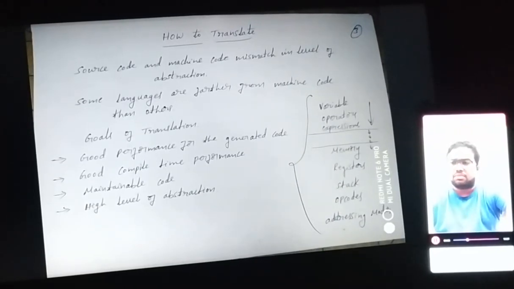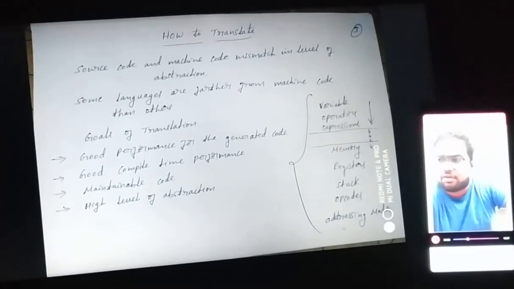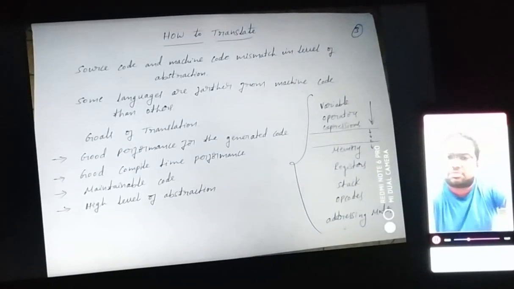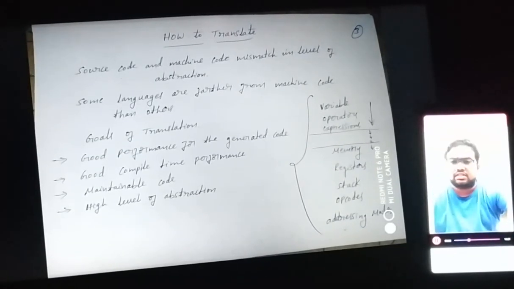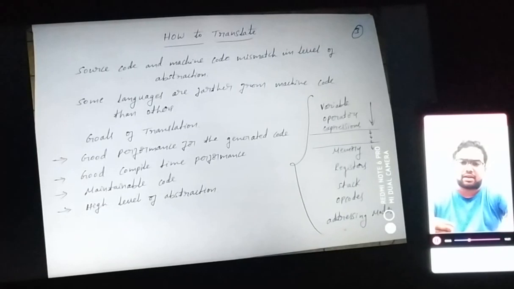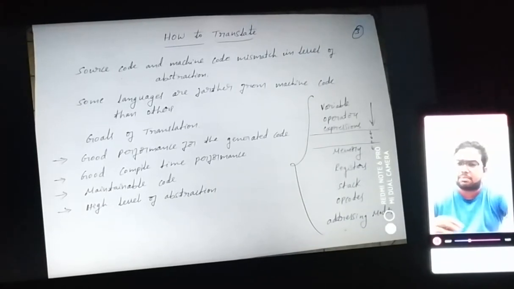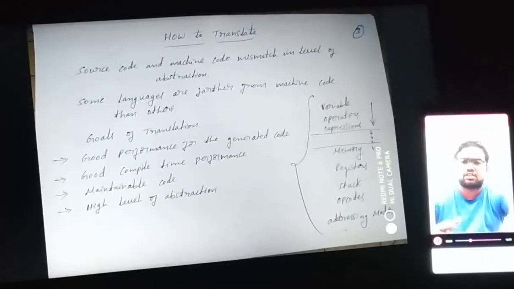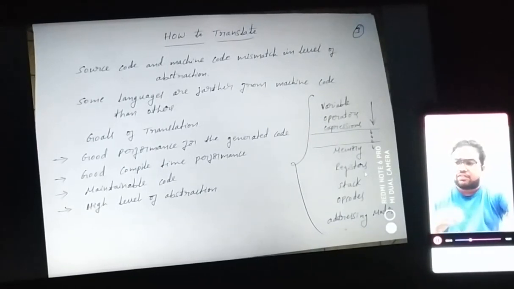So basically we'll assume the given source code may be in the form of variables, maybe in the form of operators, maybe in the form of expressions. You are taking these as an input pattern, which you can call probably higher language code, and you need to maintain it.